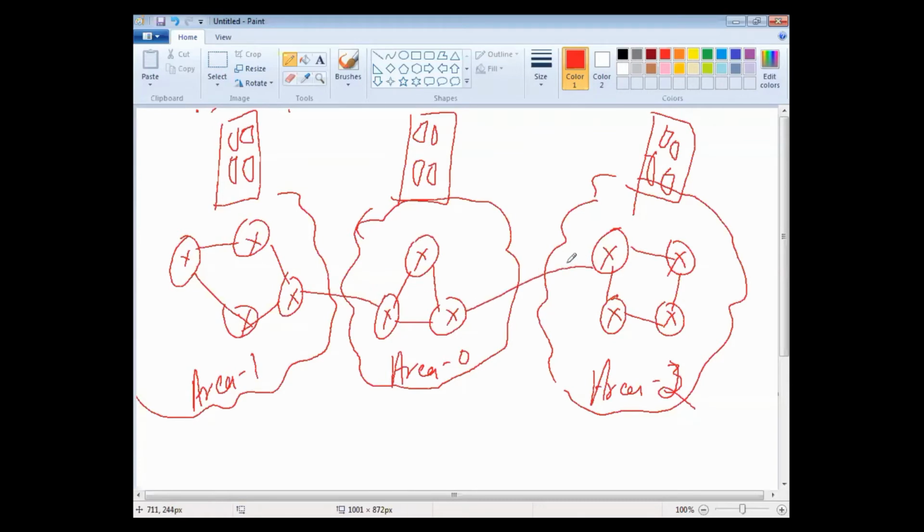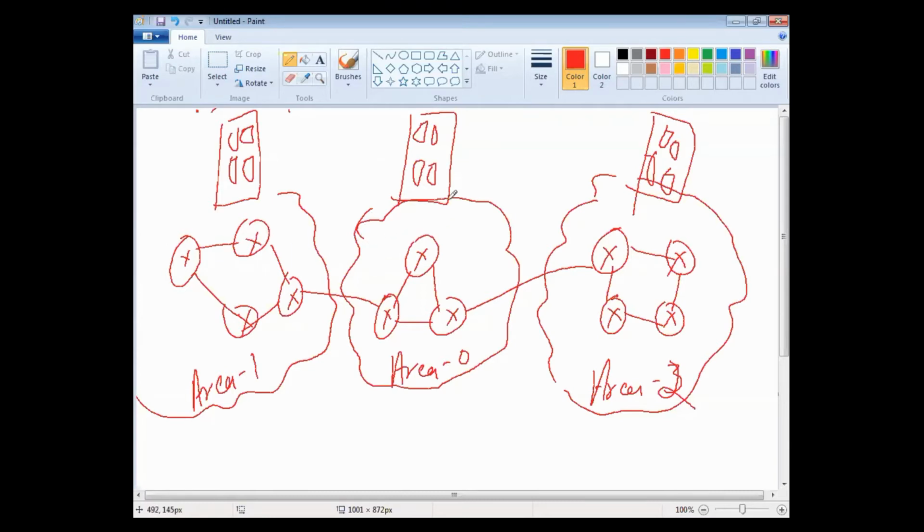Every area will keep its internal communication within that area only. A router which is in both areas is called the ABR. Only when traffic from area 1 wants to go to area 2 or area 0, it will cross the boundary. But all updates and changes within that area remain in that area only.